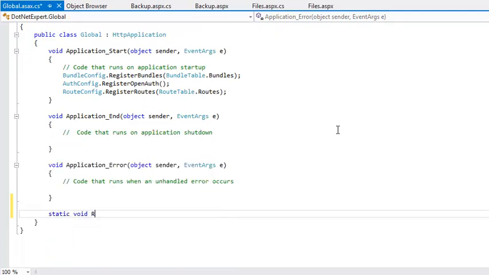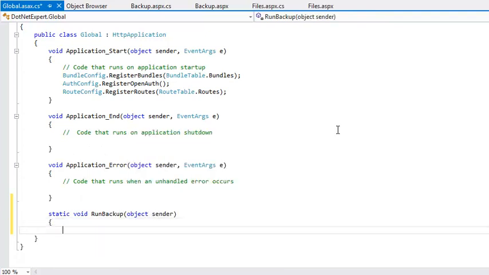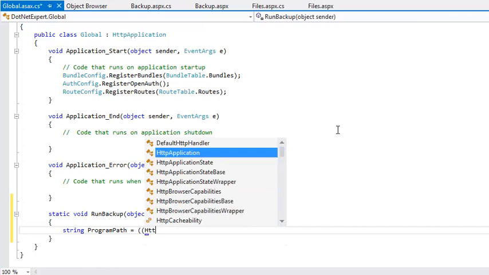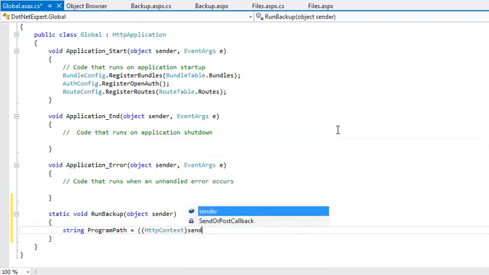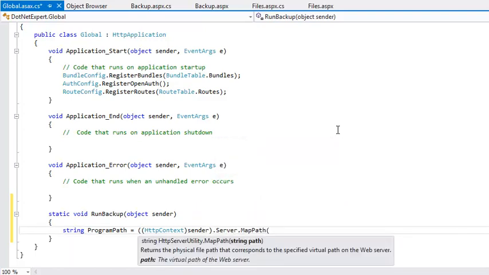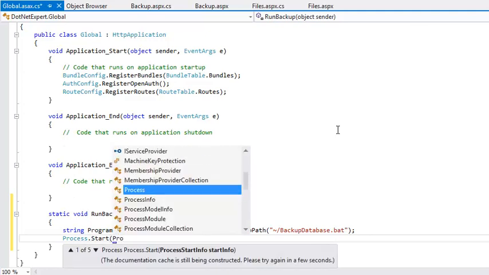Static void RunBackup(object sender) string programPath = HttpContext sender.Server.MapPath("~/backupdatabase.bat"); Process.Start(programPath);